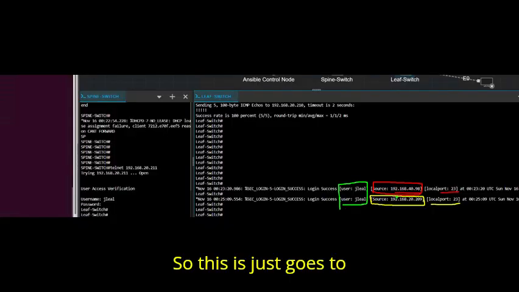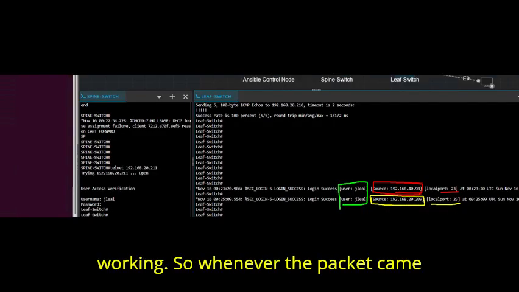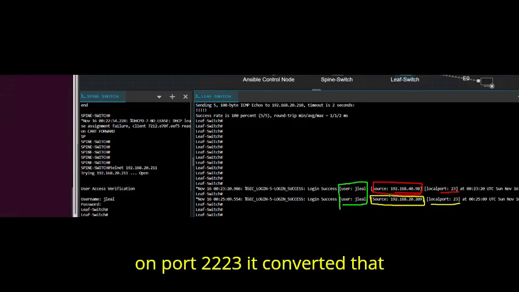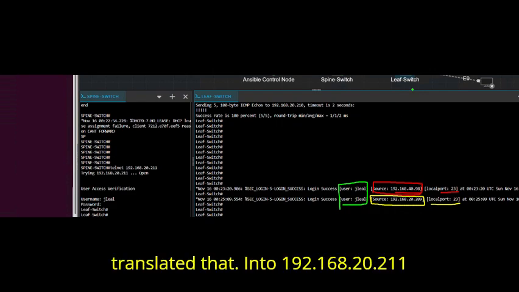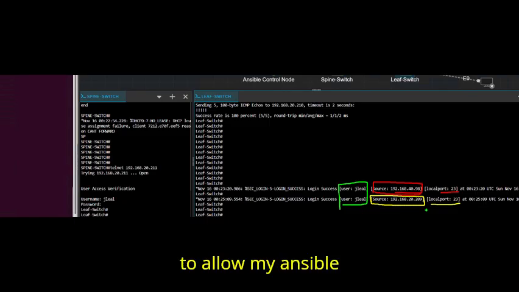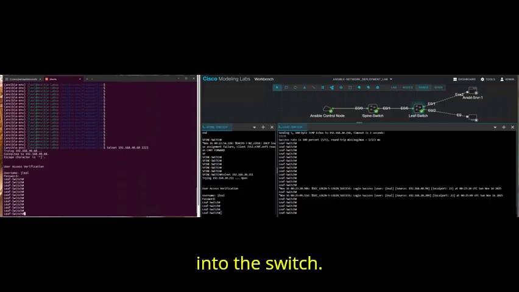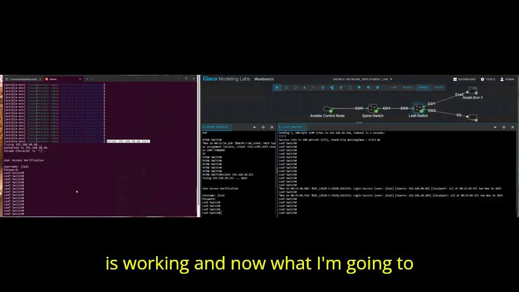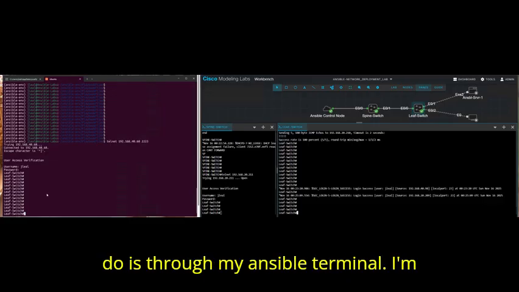So this just goes to show that the DNAT is working. Whenever the packet came in from a public IP address, in this case 192.168.40.98 on port 2023, it converted that into a private IP address and translated that into 192.168.20.211 to allow my Ansible control node to log into the switch. The DNAT is working, port forwarding is working, and now what I'm going to do is from my Ansible terminal,